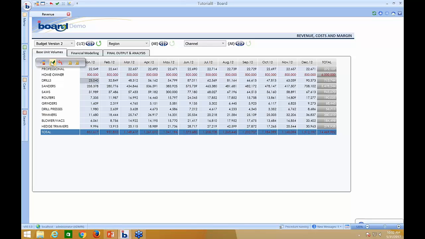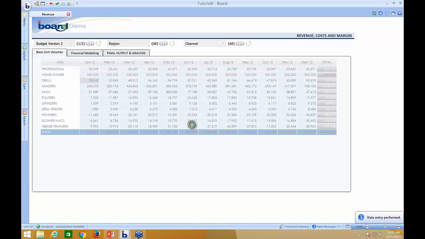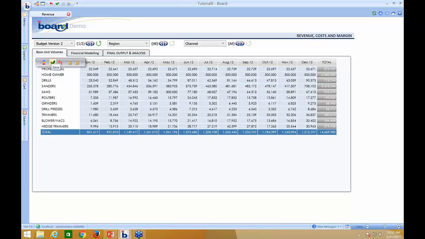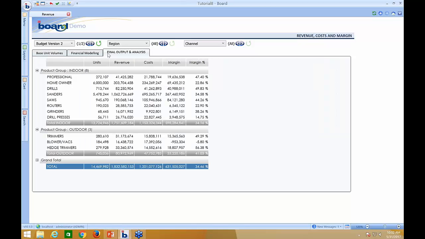And so it makes the actual revision process a lot quicker as opposed to having to recompile all of the data. Everything is copied forward to the next version. Revisions are made, and then we have all of the consolidated reporting and output that's done automatically as opposed to having to manually go through that process in Excel. So that versioning process is definitely a key value add for a lot of organizations when they move to an